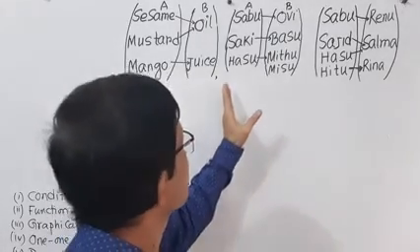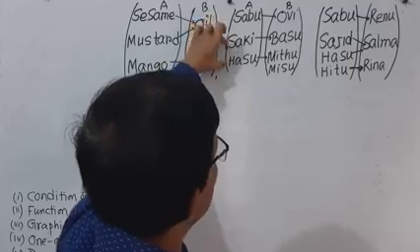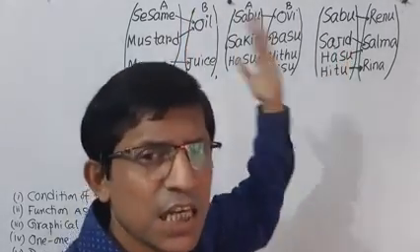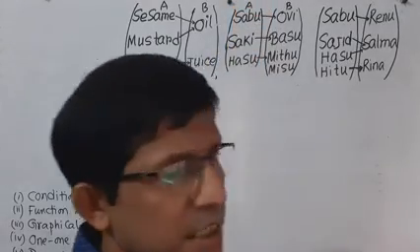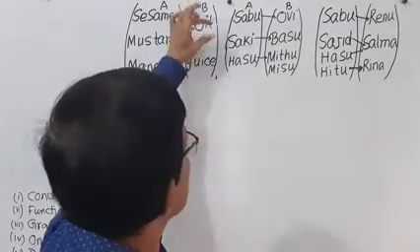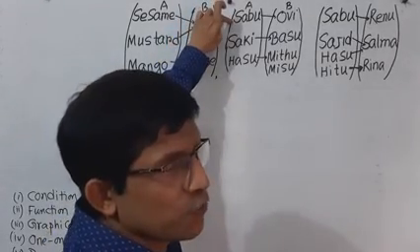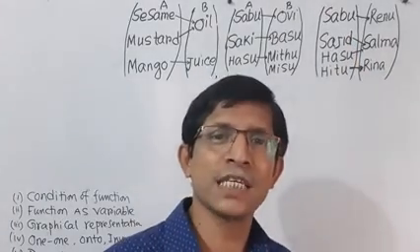That means every individual element of the first set relates with an individual element of the second set. Also we can define it in this way: individual input and individual output. Also we can define it in this way: